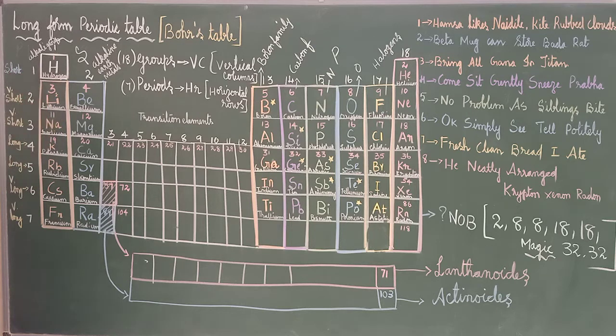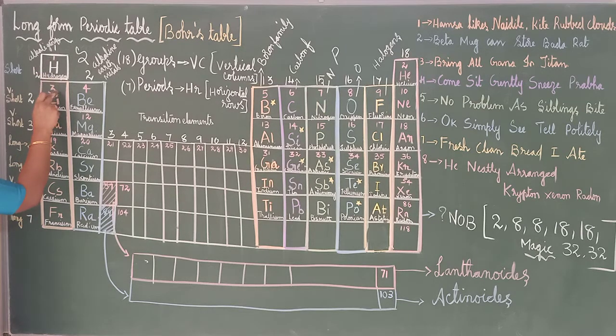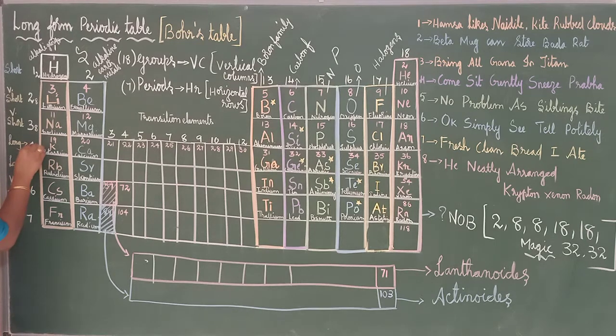If you can't remember this, you can remember like this. You will put 2 here, magic number, no? So 2 you will put here. 2 plus 1, 3. Right? You will put 8 here. 8 plus 3, 11. You will put 8 here. 8 plus 11, 19. Then the next magic number is 18. 18 plus 19, what is this? 37. You will get it. Like that it goes on. So in that way also you can remember.